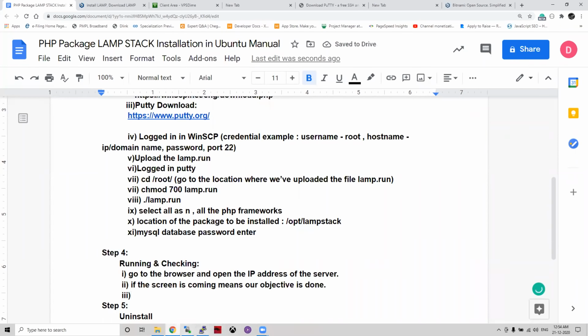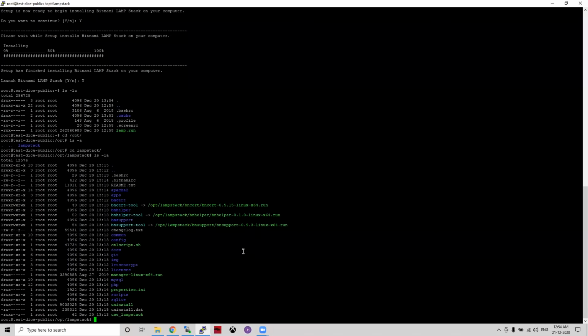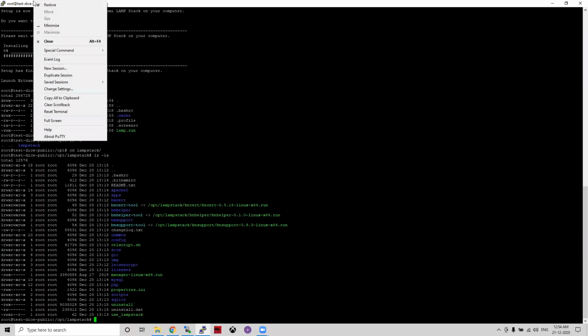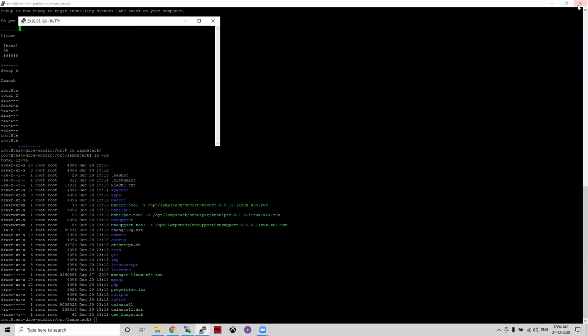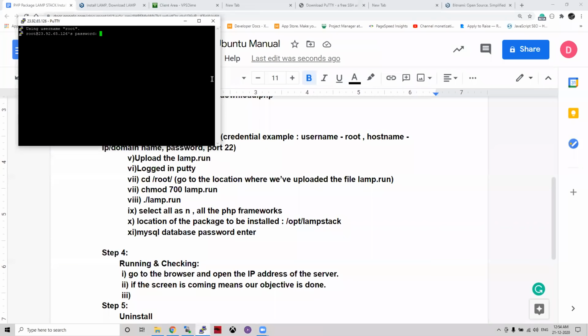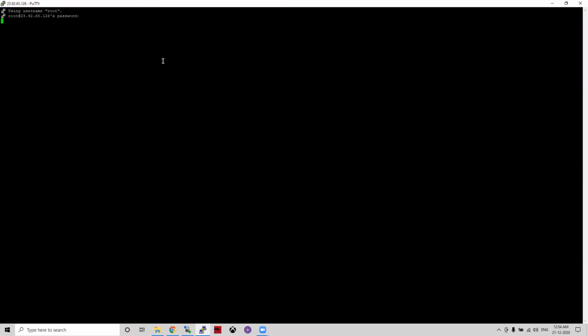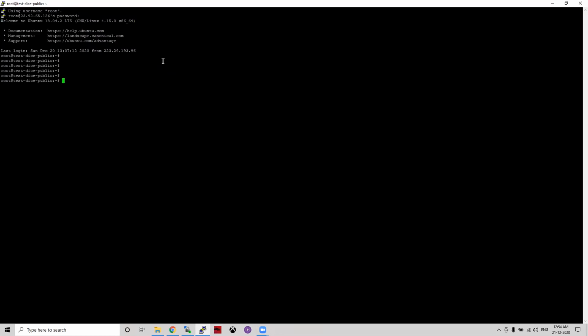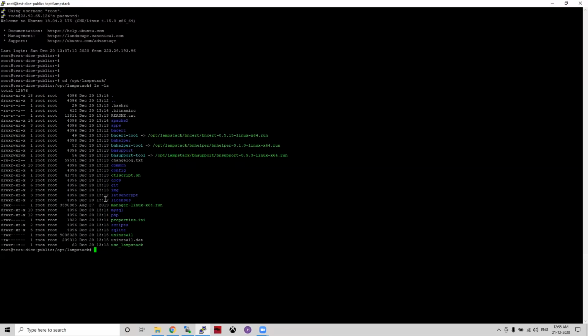So for that, we need to go to our putty. Okay, I think the session out will be there. So let me duplicate it also, it will be better. Okay, and let me copy the password also, so that it will be easy for me. Okay, I've copied, enter. So we need to check the database also, right? So it will be opt, it will be lampstack. Under lampstack, if I do ls -sla, you can see all the package folders are there, like PHP folder is there, MySQL folder is there, right?